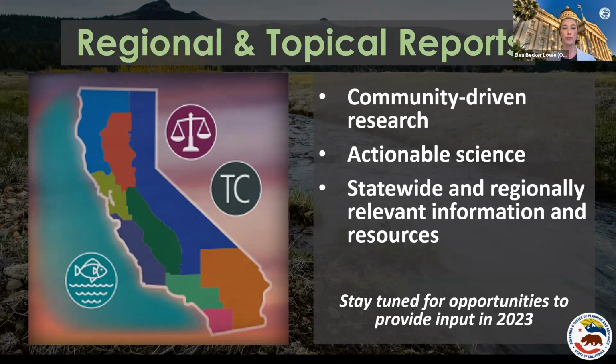Our initial goal for both of these products is to work very closely with communities, and that includes practitioners, researchers, government agencies at all levels, tribes, and other residents across the state to really understand the specific concerns and the nuanced climate vulnerabilities that each region is going to be experiencing. And we're going to be hosting a variety of opportunities for folks to engage with us and to offer input about what information they feel they're lacking, how best to present our findings in a way that they're most likely to be able to use them, and to discuss how we can work together to achieve the state's climate change goals. So we do not yet have all of these events scheduled, but we will be kicking off this work